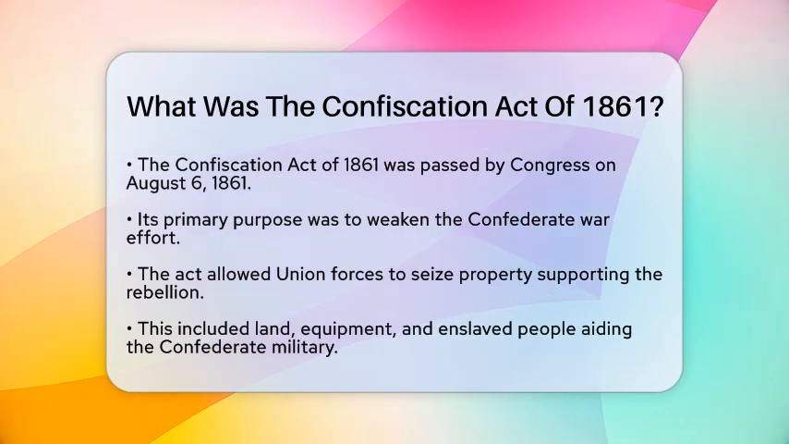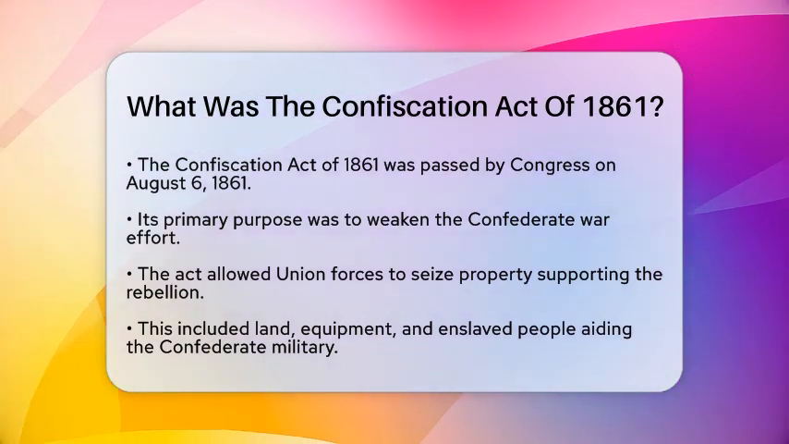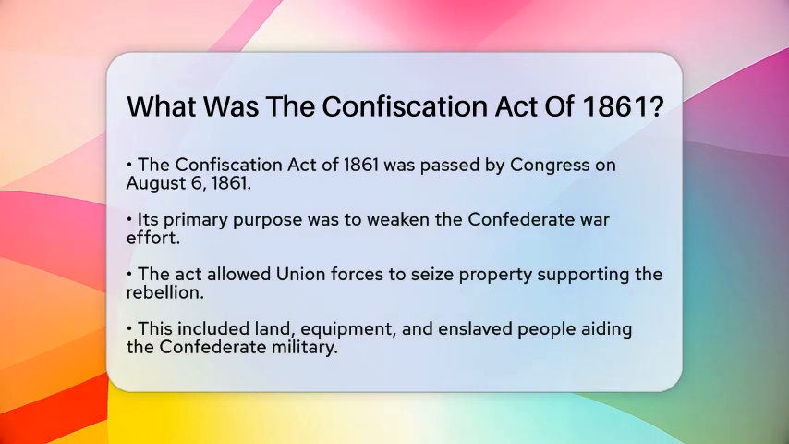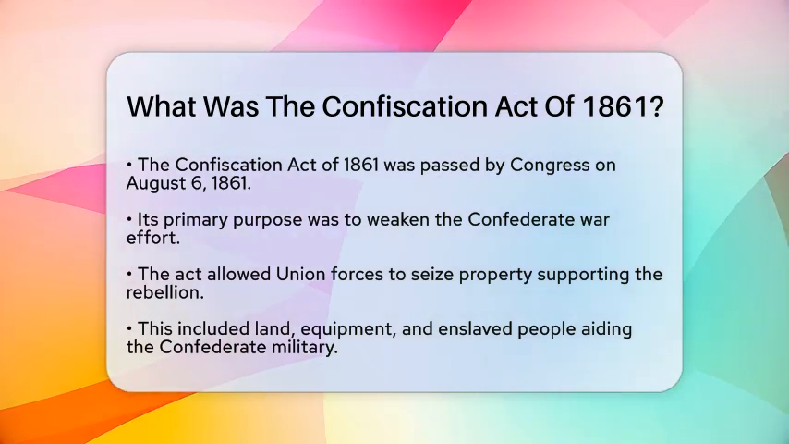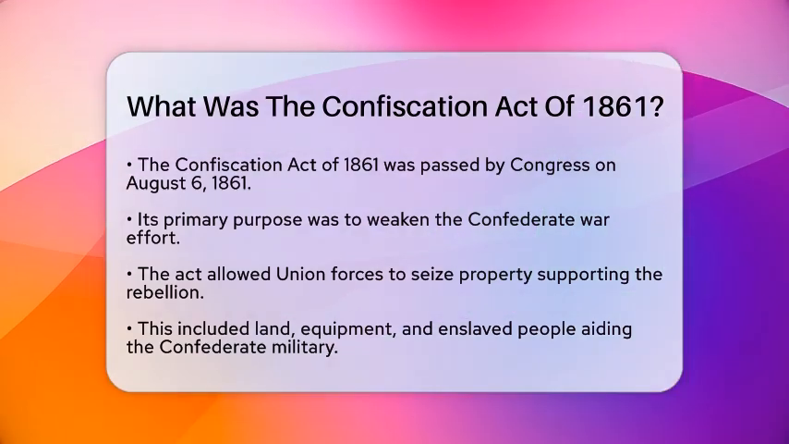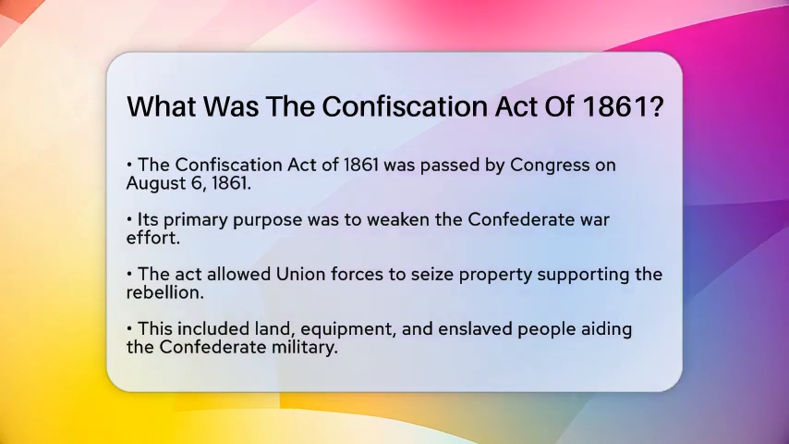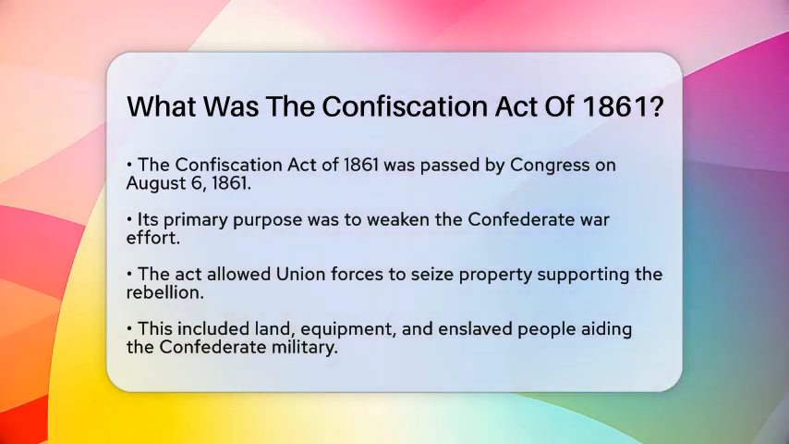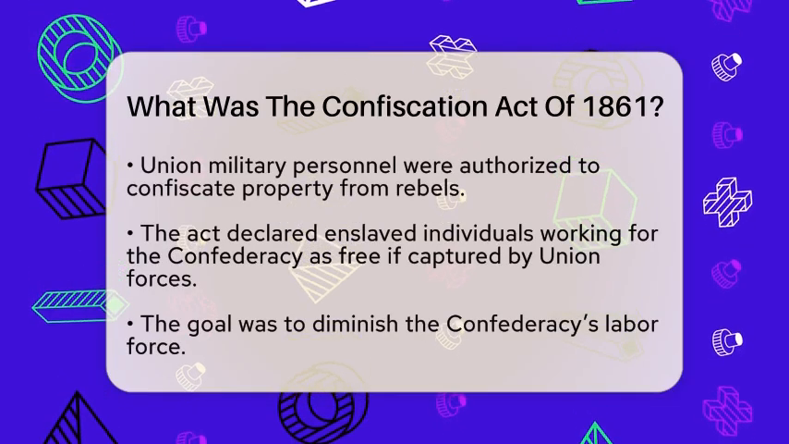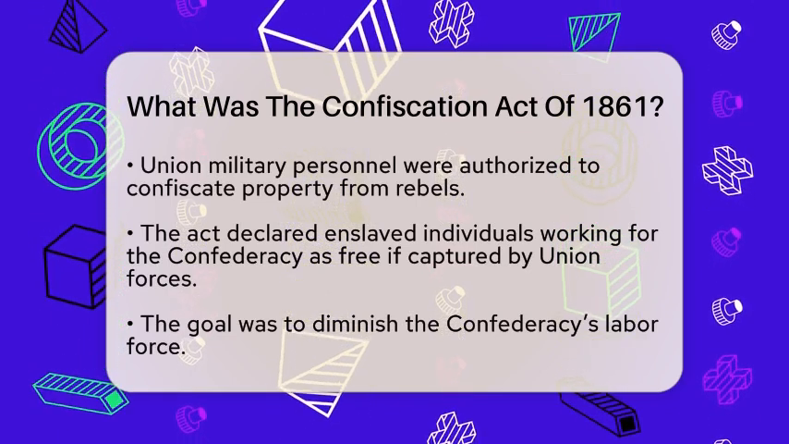This act was passed by the United States Congress on August 6, 1861, during the early days of the Civil War. Its main goal was to undermine the Confederate war effort. The act allowed Union forces to seize property that was used to support the rebellion. This included not just physical assets like land and equipment, but also enslaved people who were working for the Confederate military. The law specifically authorized Union military personnel to confiscate any property owned by individuals engaged in rebellion against the